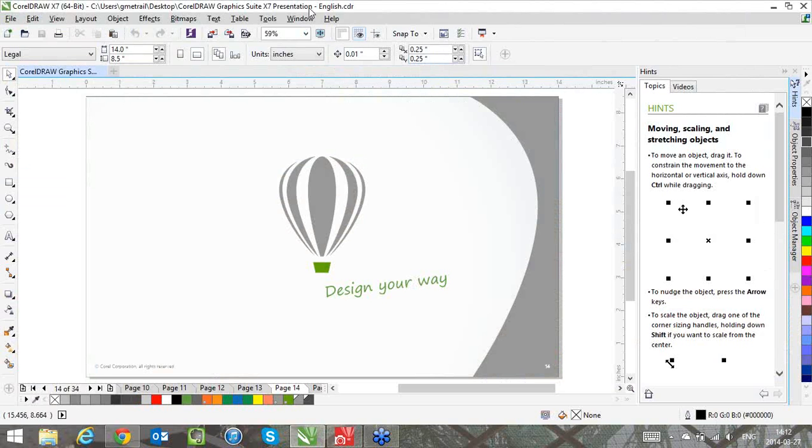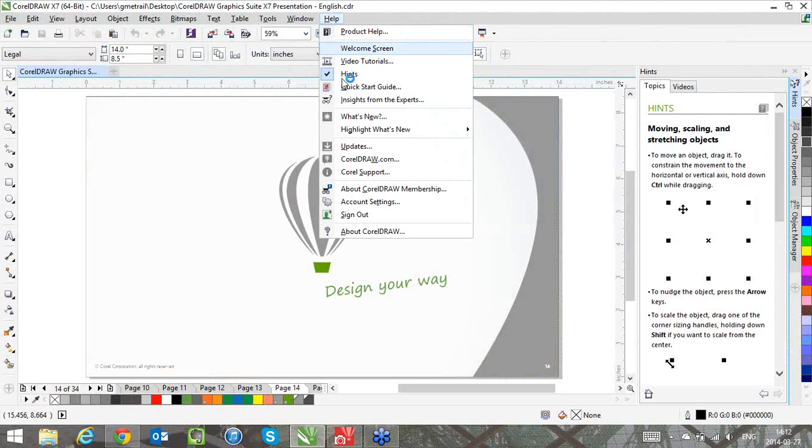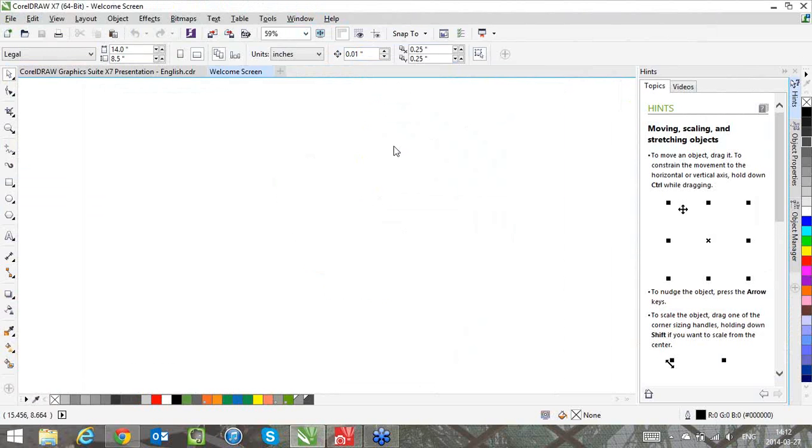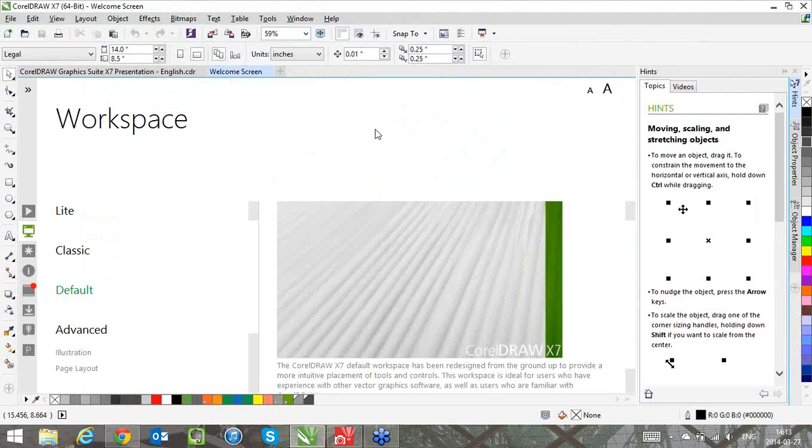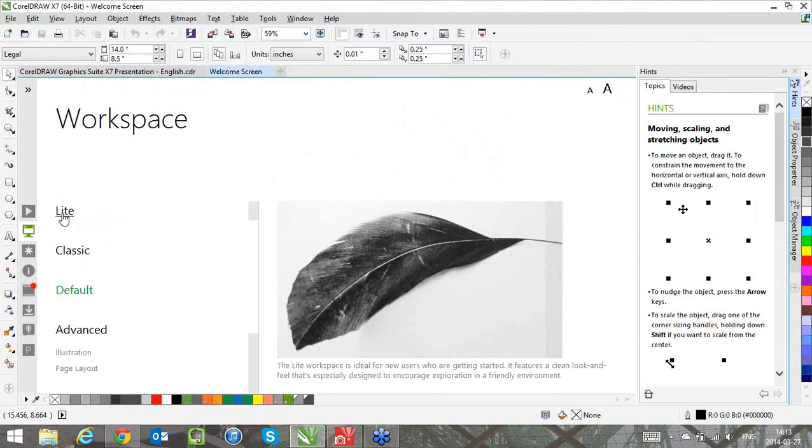The first thing you will see when you launch the application is our brand new welcome screen. The first time you launch the application, you'll be asked what workspace you want to work with. The idea here is really to enable the application to tailor to your knowledge, to your needs, and to your expectations. So if you're a beginner, you can choose the light workspace,